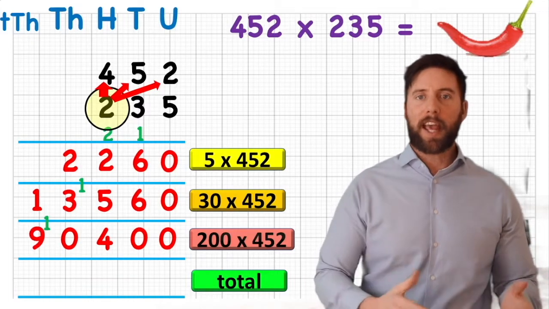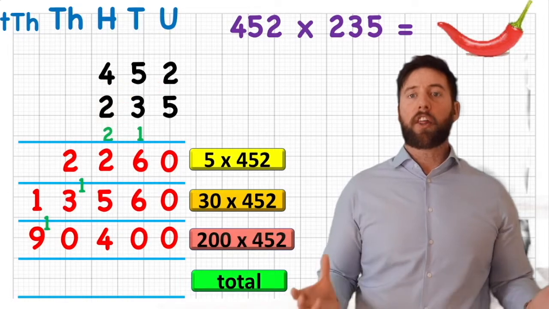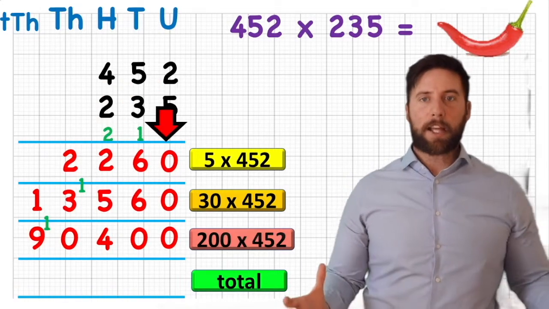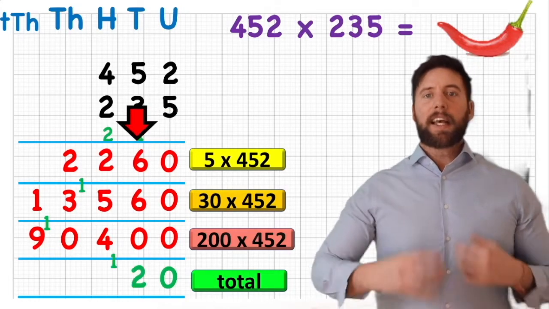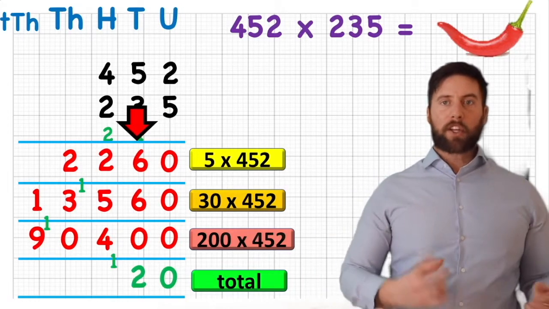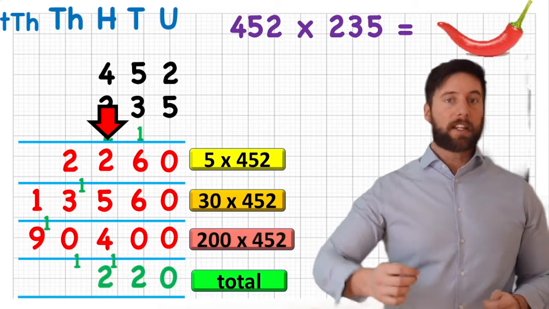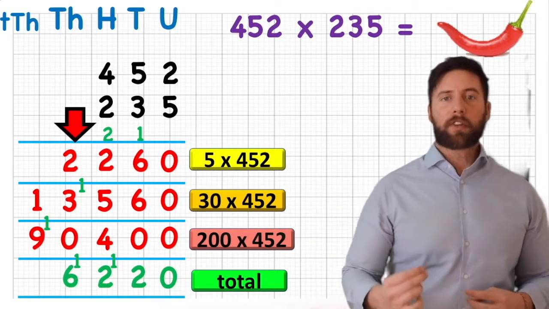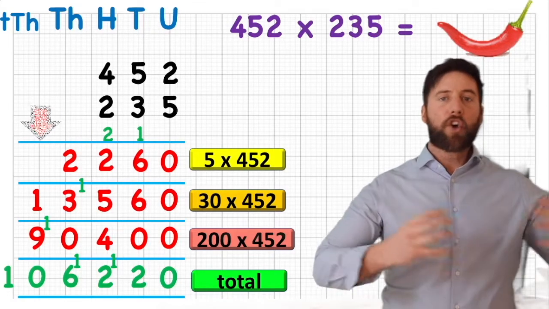And 2 times 4 is 8, add the 1 is 9. Okay, great, we've just done our third row. Okay, and let's make sure we add it up. So 0 plus 0 plus 0 is 0, obviously. 6 plus 6 is 12, making sure not to include that other 1. 2 plus 5 plus 4 plus that 1 is another 12. And then 2 plus 3, add the spare 1 is 6. 1 plus 9 is 10. So we get